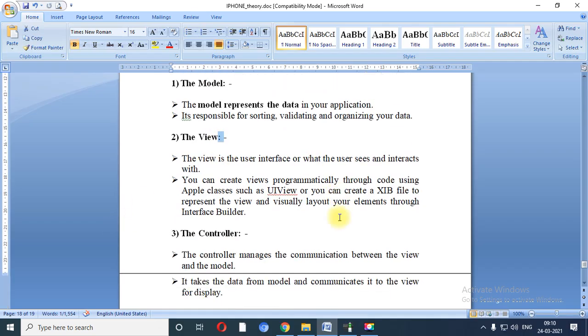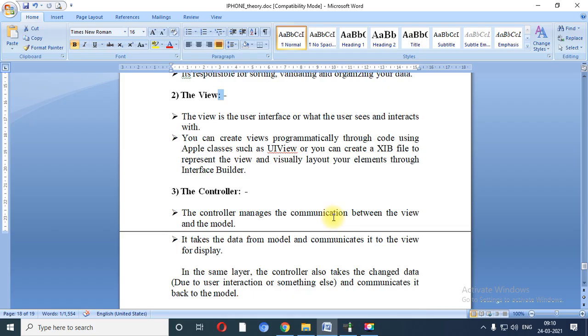Next is called view. View means to see something. Over here, what we are viewing is the design of our user interface. So view is responsible for what the user sees and interacts with. So view always watches the interaction between the application and the user.